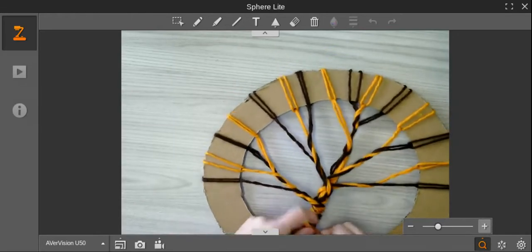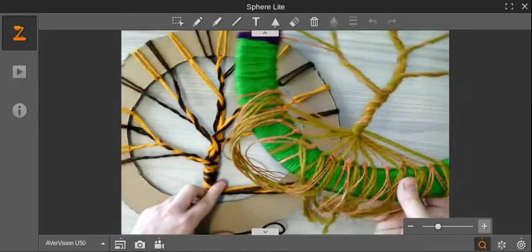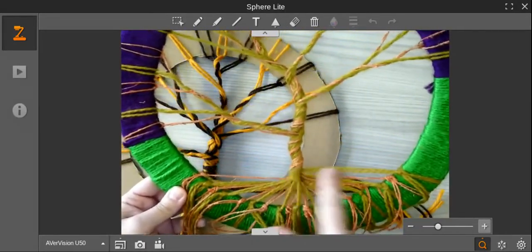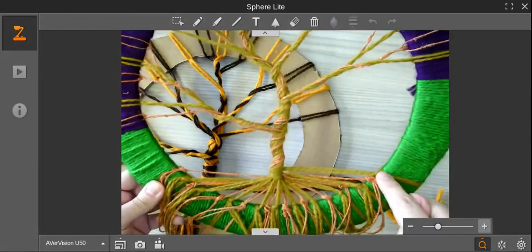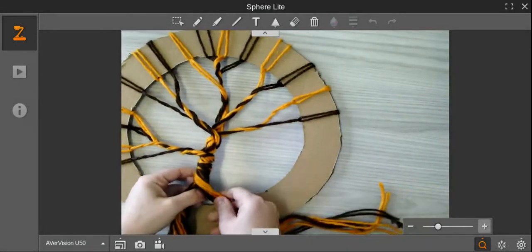Okay, so crazy stuff now. We have our tree. We need to start thinking about roots on it. So all you're doing is you're taking your roots from whichever individual piece you have going on, and you're just looping them the same way you looped them at the top, and you're just giving them a little knot. For example,